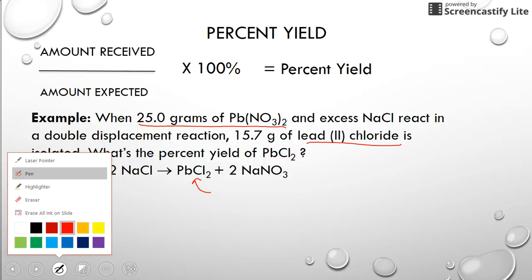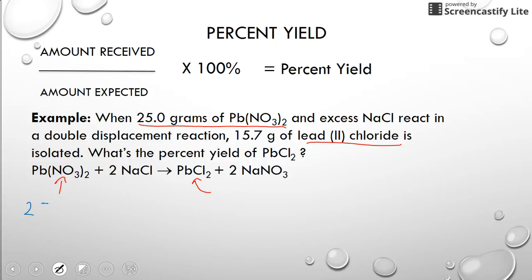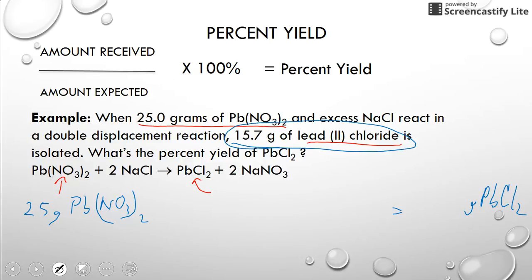So let's start with our 25 grams of Pb(NO3)2, and excess, and we got lead 2 chloride. We want to figure out how many grams of lead 2 chloride we expect, because we know what we got. This is what our reaction got. And we're wondering, what do we expect? Can we go from grams of lead nitrate to grams of lead chloride? No, we've got to go first